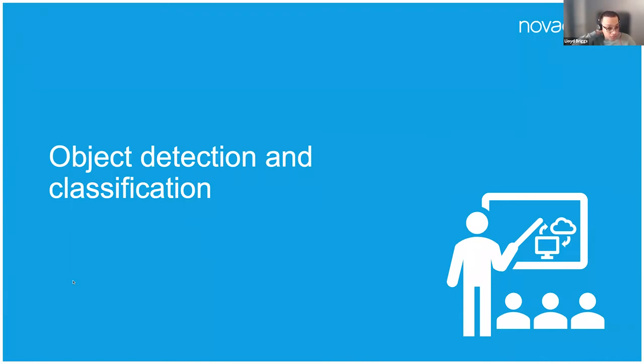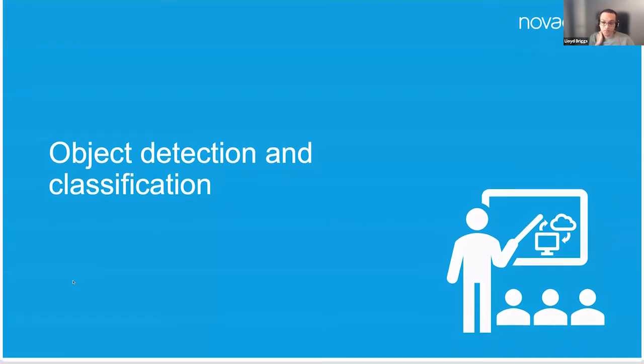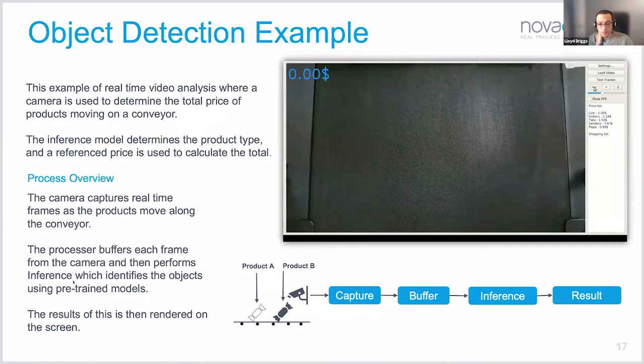So let's have a look at the differences between object detection and classification in a real example. So this is an object detection example. In this video, what you'll see is a conveyor belt with products moving down the conveyor. We have a predefined price list for these products, and as the video camera detects each object, it's going to say this is this object, and it's going to add the price to a total in the top left of